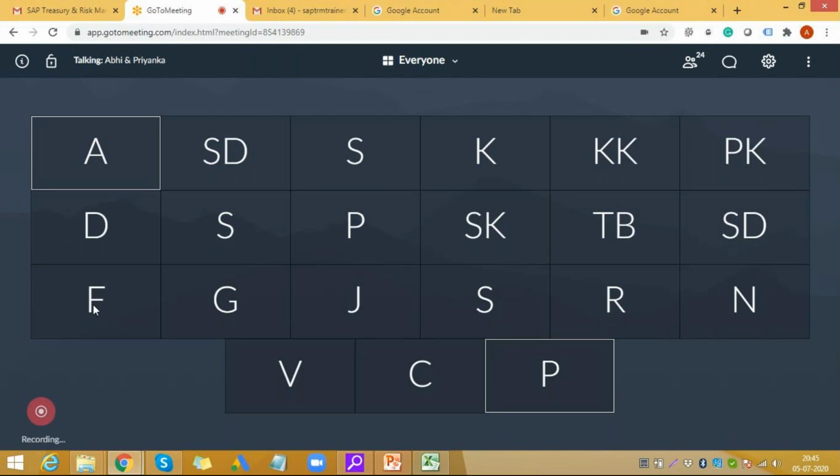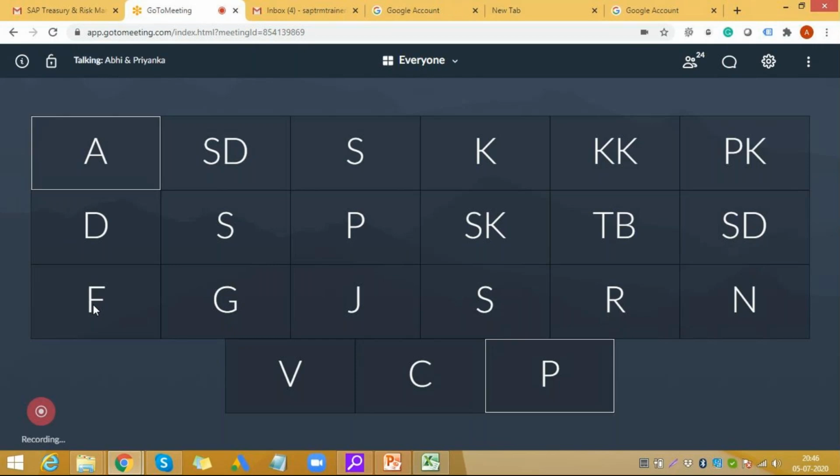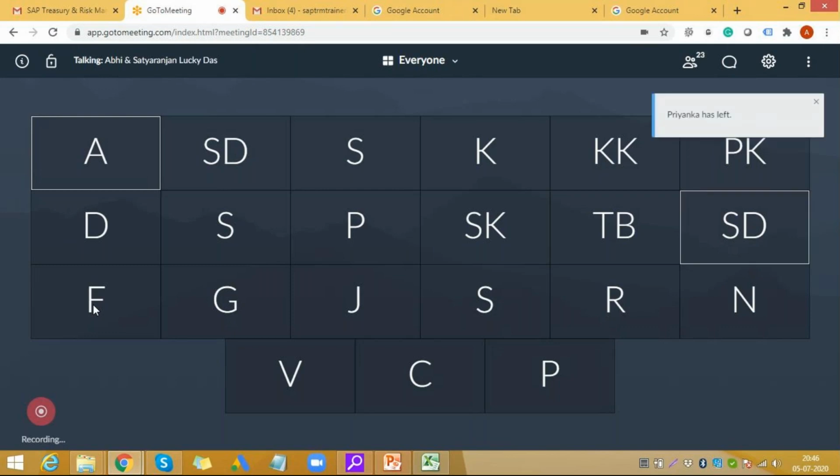Mirror transaction is when we create a deal on one side, it automatically gets created on the other side. So for example, if I am doing a trade with a counterparty, in your company there are two company codes. If company code A is doing a trade with company code B, company code A enters a deal and company code B.